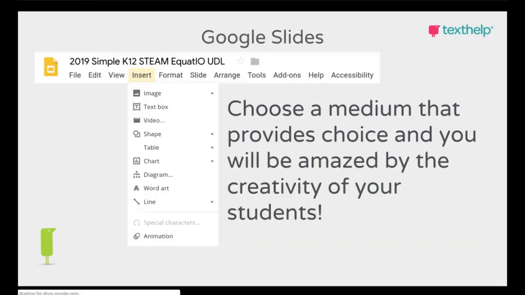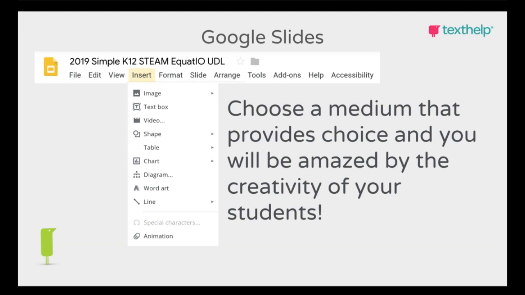One of the ways that this really opened my eyes was when I first used Google Slides. My first case in using technology was Microsoft Word and using a computer, and it has a really difficult palette-based equation editor. We want to move away from that. It should be nice and intuitive and also provide choice.